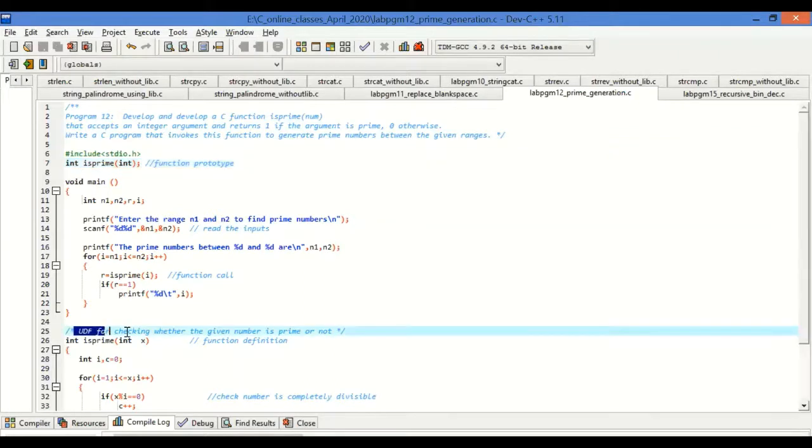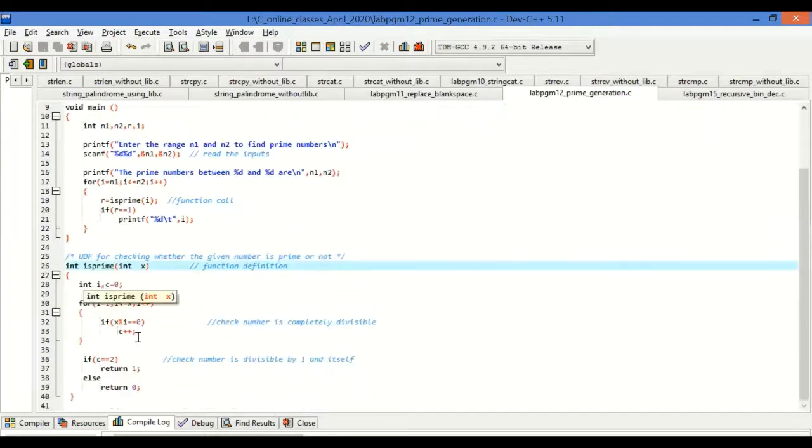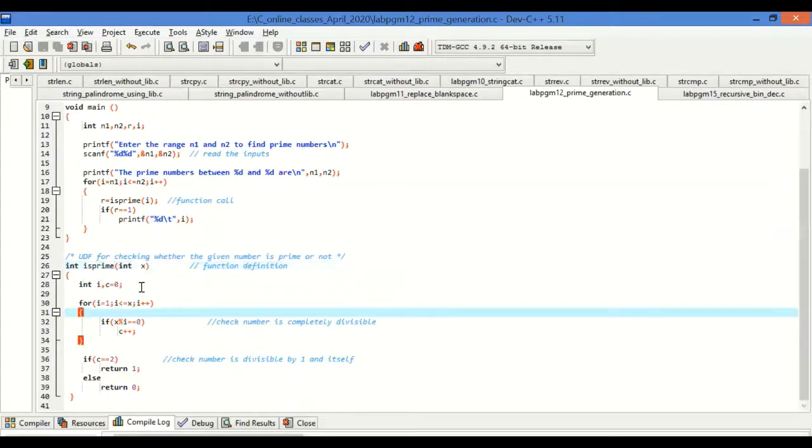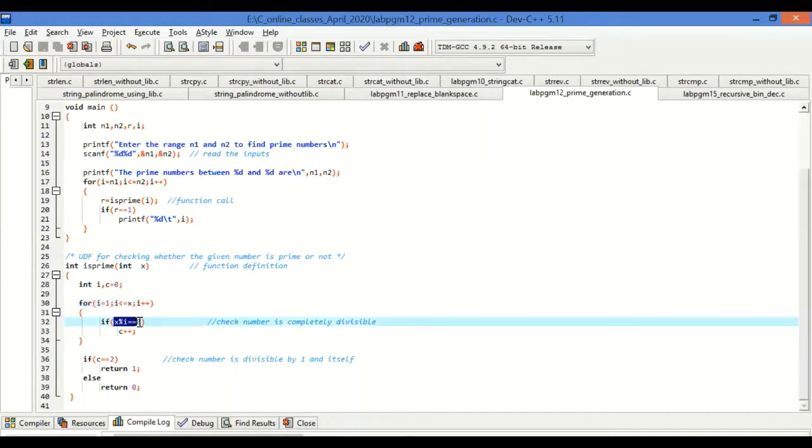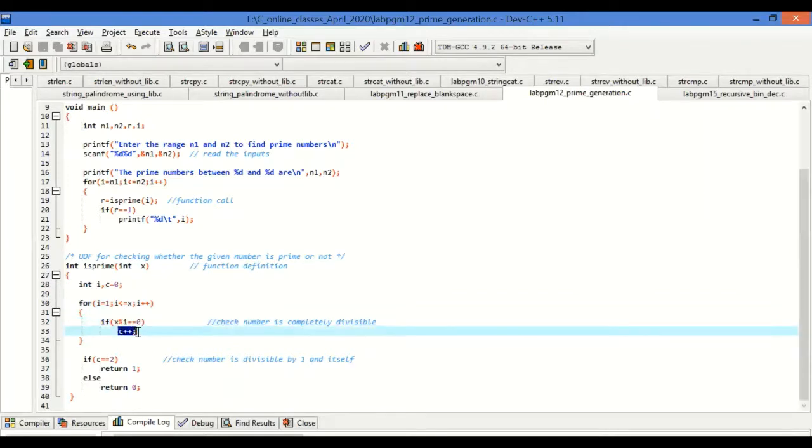You see here the user defined function for checking whether the given number is prime or not. So what am I doing in this function? Give a number as input. As usual, same logic as we have done in the class. We'll start from 1 up to that number and check whether that number is divisible or not. If it is divisible, increment the count, c++.